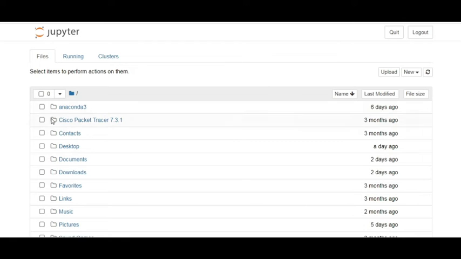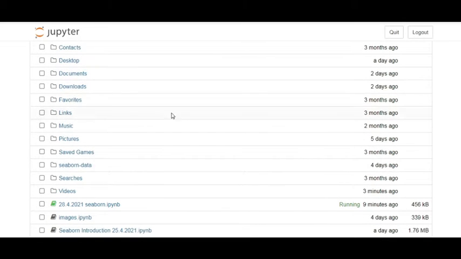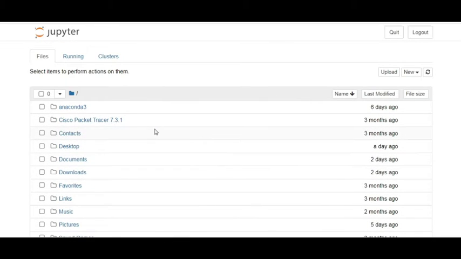So here your folders and files are available from which you can select. If you want to upload any of your existing files, you can go through this upload button. Right now we are not using any of the previous files, so we are going to start with a new one. So let's start with a new one.